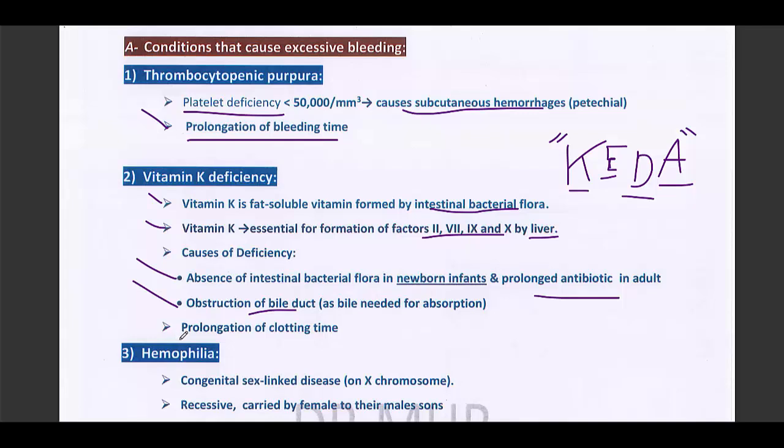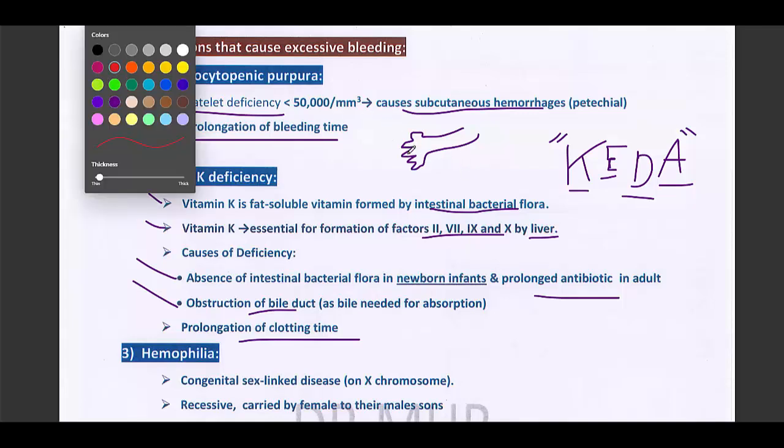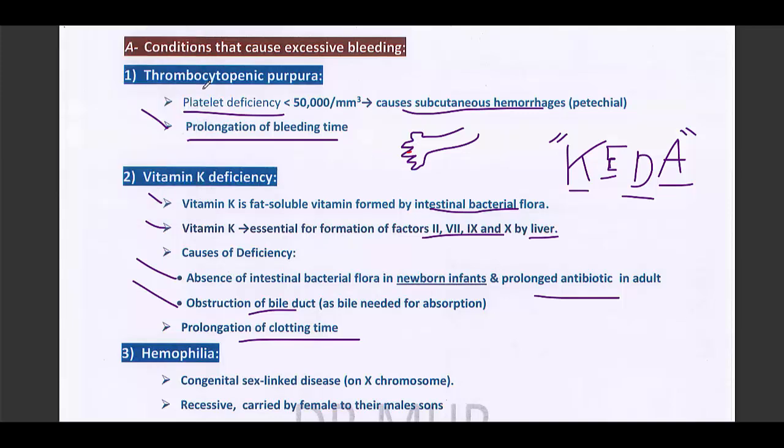And this is diagnosed by prolongation of clotting time. This is very important. The previous disease is diagnosed by prolongation of bleeding time. So let's simply imagine this is a hand. If this person cuts his finger,